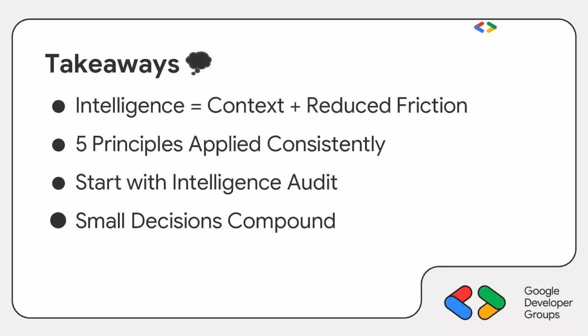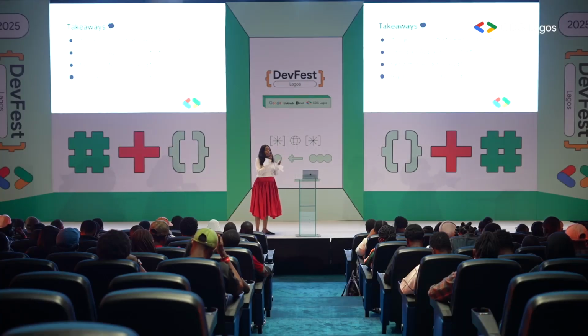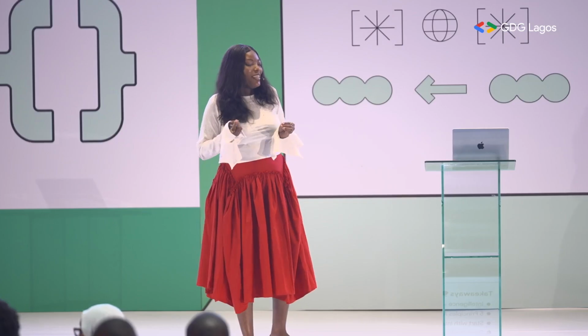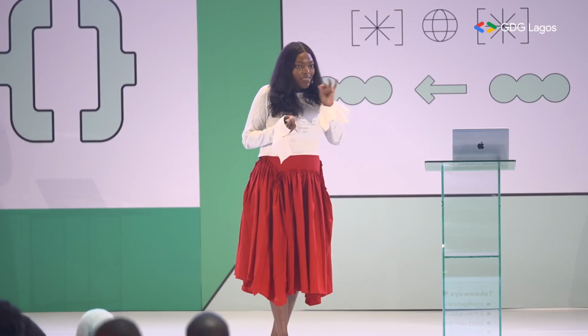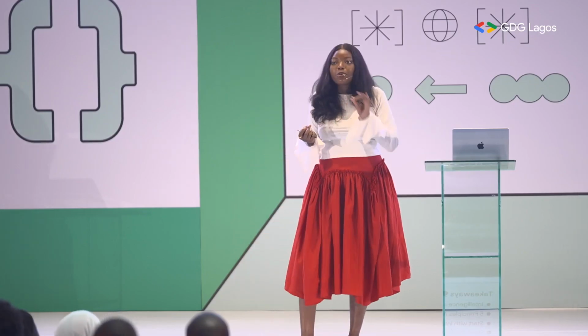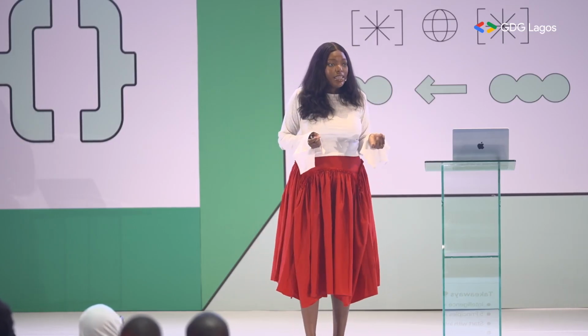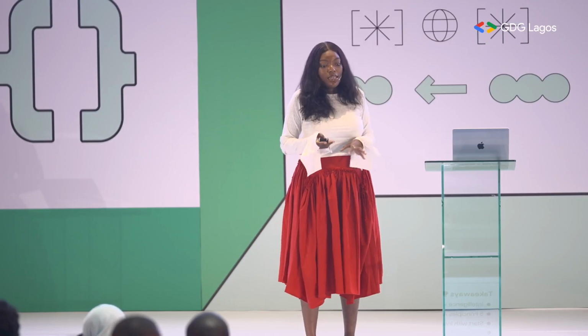Then the last one is small decisions compound. I know it's very tempting for us to take a chunk of features and want to redesign everything at one time and just say, yeah, today we're designing the entire mobile app. But the key thing, the sweet part of it, is little features. It could just be improving the inline notifications and the haptic feedback that will give you a better experience or better results when you do your user testing.